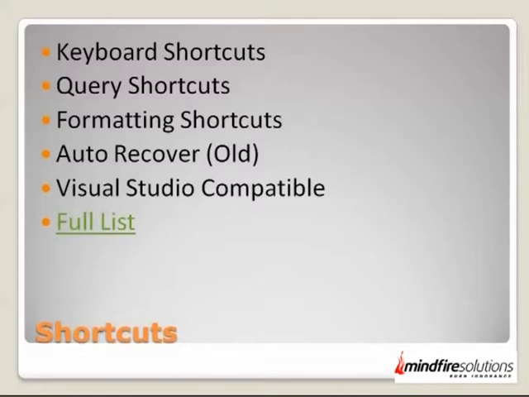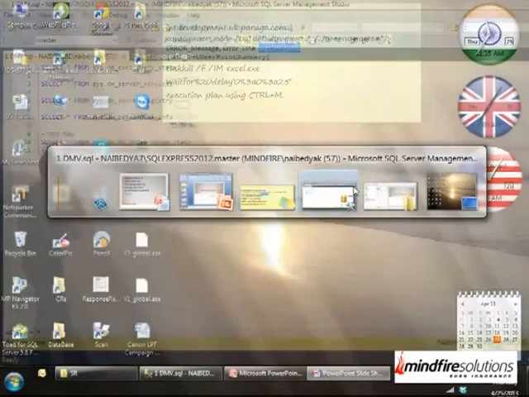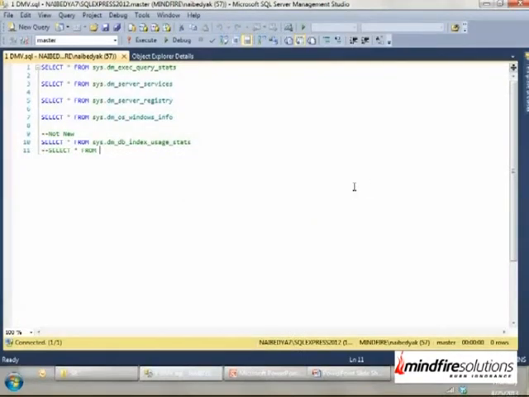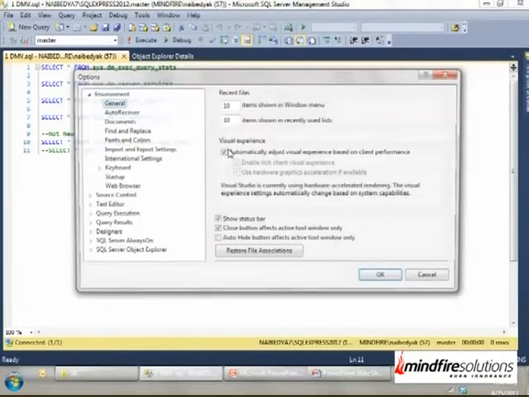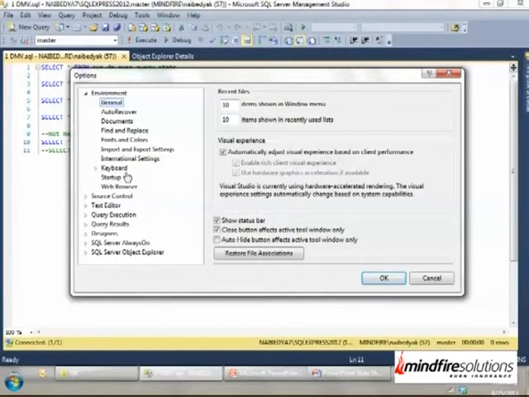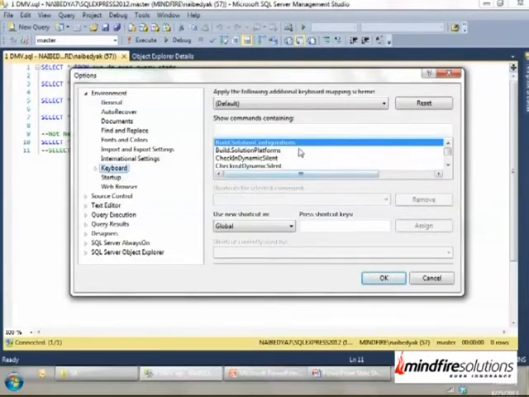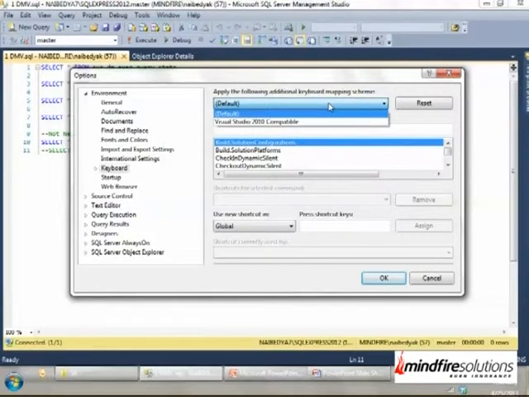The first option that I wanted to show you was go to Tools, Options, Keyboard. This option, if you see, says Visual Studio 2010 compatible. What this means is whatever shortcuts are applicable to Visual Studio 2010 would also work with SQL Server 2012 Management Studio. This is a new feature that's introduced. So you don't need to adapt to two different development environments. If you are comfortable with Visual Studio, you can carry that on to here. For people who do not use Visual Studio, this is of course not applicable, but there are many shortcuts that we can have a look at very quickly.